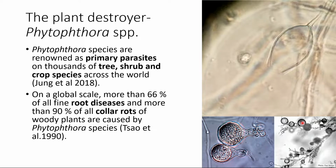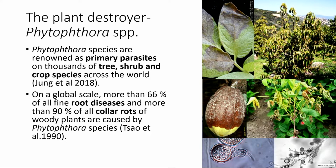Now, all these species, like I mentioned, are not equal in the sense that certain species possess these traits and some of them don't have these resistant structures. And that's one of the things that we've been seeing out in the field. So as Mia mentioned, Phytophthora is a plant destroyer, and it's very commonly known in the agricultural area where we can have